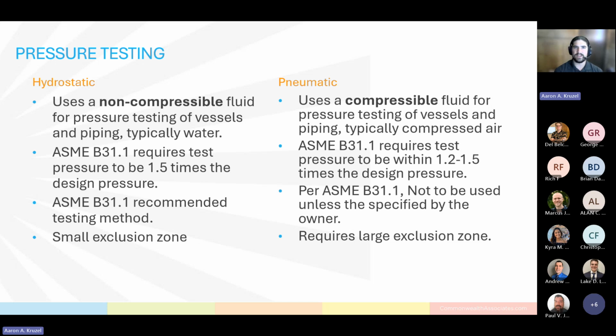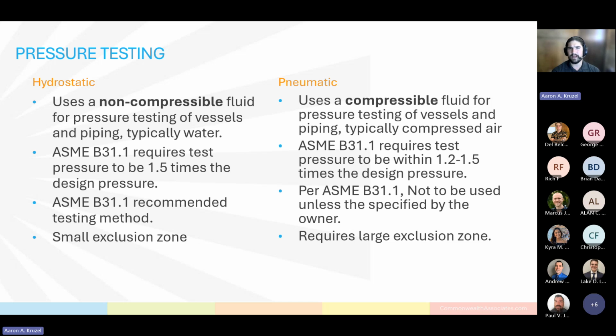So the alternative to this is pneumatic. It uses a compressible fluid like air or nitrogen or some inert gas that actually tests the same piping but with a compressible fluid. So this is done at 1.2 to 1.5 times the design pressure and is generally not